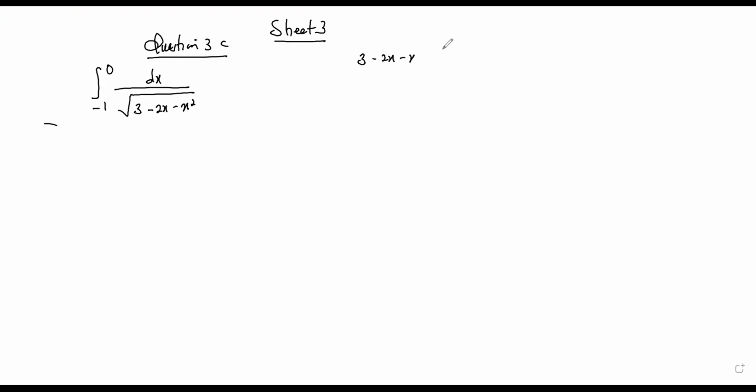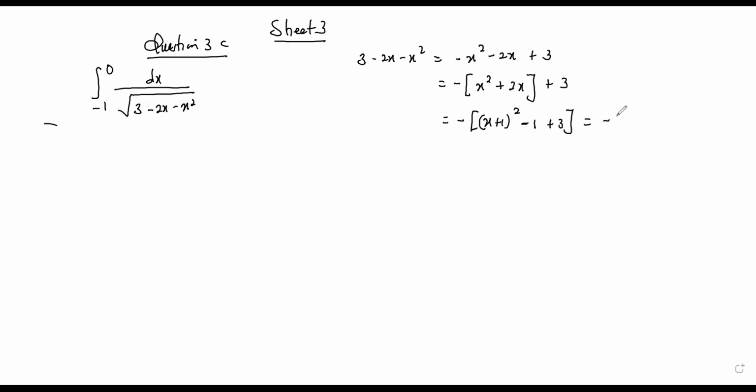minus 2x minus x squared, and rewrite it as minus x squared minus 2x plus 3, and then rewrite it further. We're now completing the square. So we come back and do x plus 1 squared, and then minus 1 plus 3, which is going to be minus x plus 1 squared